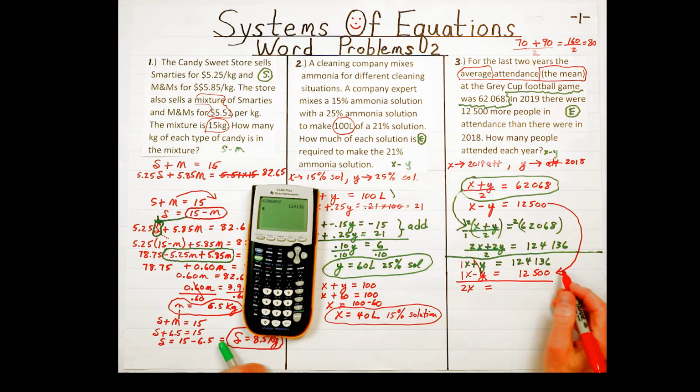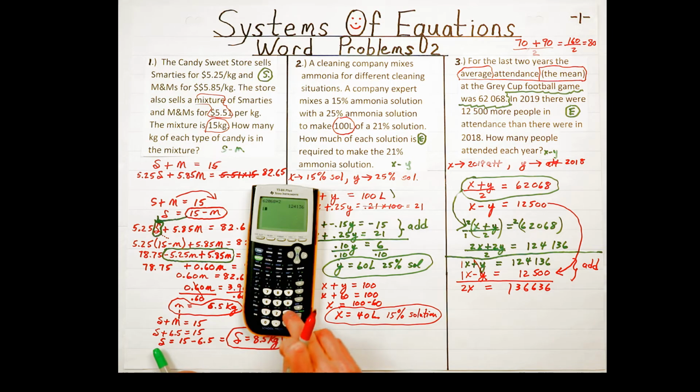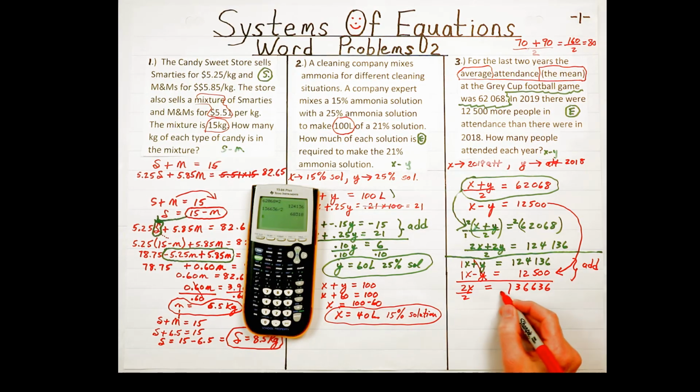If we add these two together, that's what we're going to do here. Add. Elimination method is also called the addition method. Remember that? So we get 136,636. I think so. And we have to divide both sides by 2. And x equals